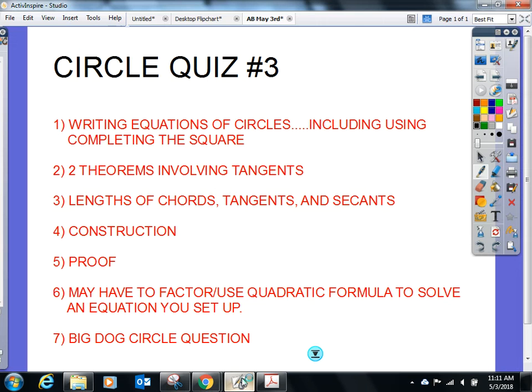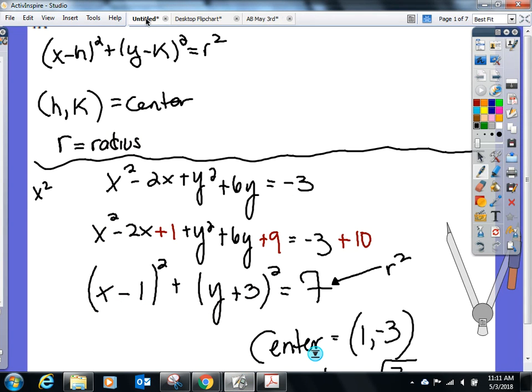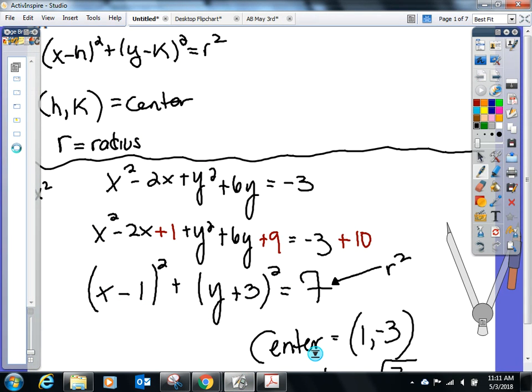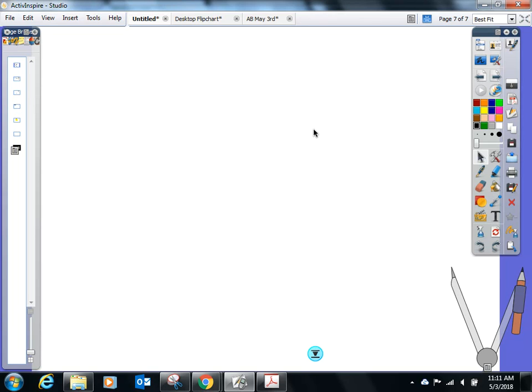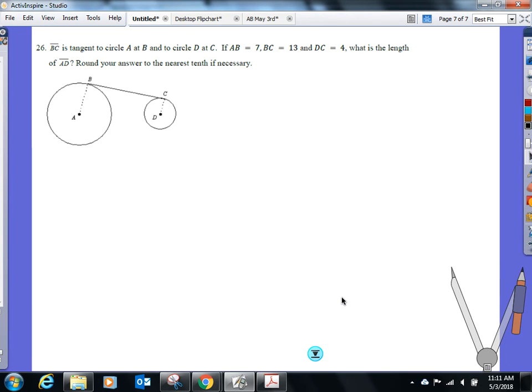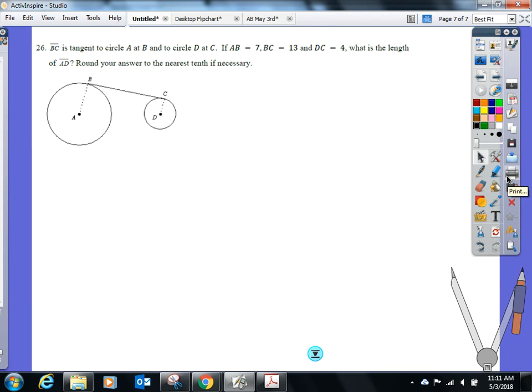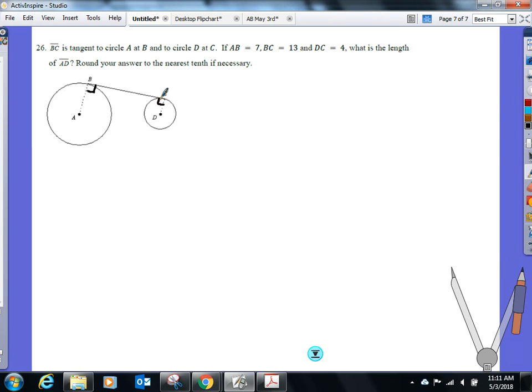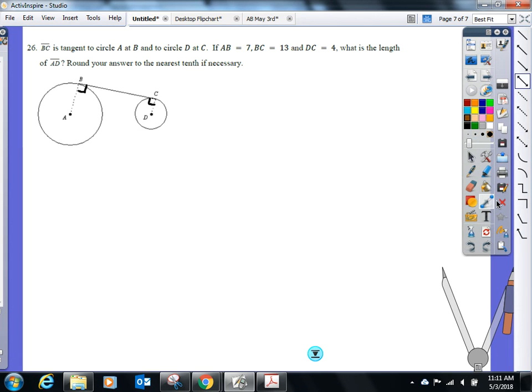Okay, based on a circle fact, right away we should be able to add something to this diagram. Forget about finding the distance from A to D. Anybody, what can I add right away up here? 2 right angles, specifically at B and C. Radius drawn to a point of tangent C is perpendicular. It's happening twice. Now, if I draw in the distance from A to C right now,